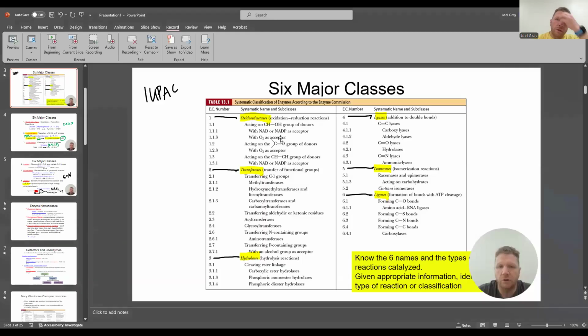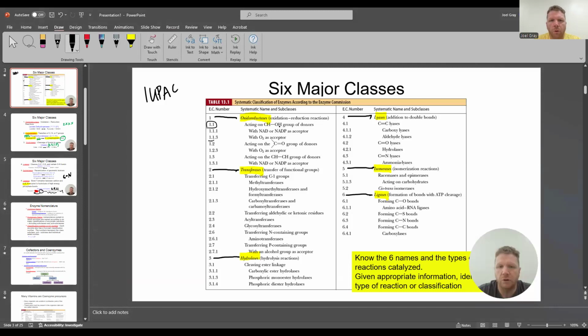If we look at these major classes of enzymes, what we've got is this 1.1. This is an oxidoreductase, and since the second digit is a 1, it acts on the CHOH group of a donor. Okay, good to know. This 1.1.1 is going to use either NAD or NADP as an acceptor. So what that means is that these enzymes,